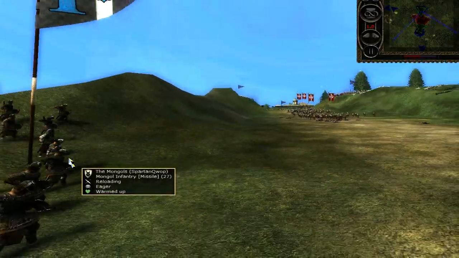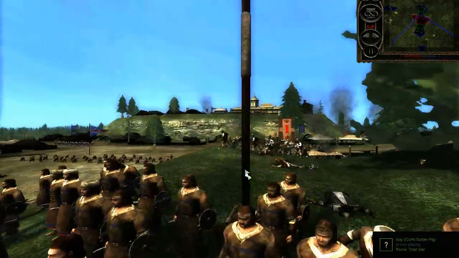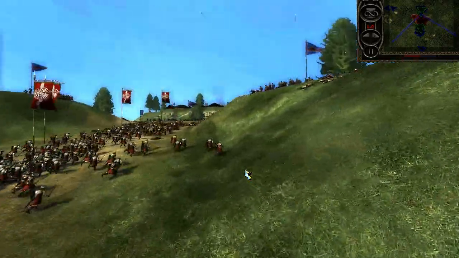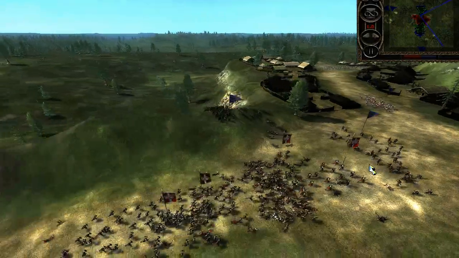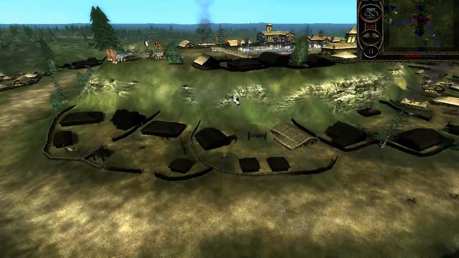Looks like SpartanQwop's trying to flame them, trying to lower morale, but if he's just shooting enemy missile units, he should just stick with normal ammunition because it'll do more damage, or it'll kill them quicker rather. Use flaming shot on the enemy infantry units. But it looks like Vet's going to get into this side relatively unopposed, which doesn't surprise me because there's no